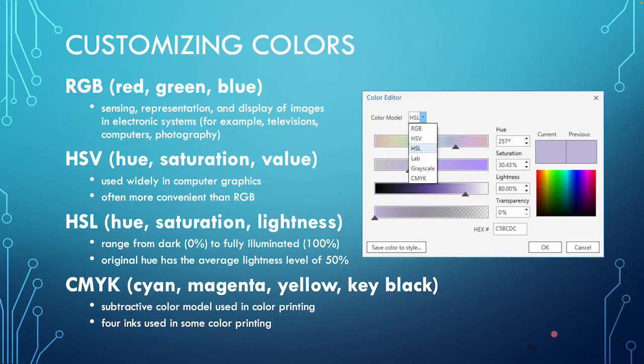Oh, sorry, I didn't put this on here. In ArcGIS, you'll be able to select which of these systems you want to use for picking colors. And so that's HSL, hue, saturation, and lightness. There's a hue up there. You can switch from red to purple, and then how saturated, how much color there is, and how dark that color is, and even a transparency value, which you can do transparencies in ArcGIS,